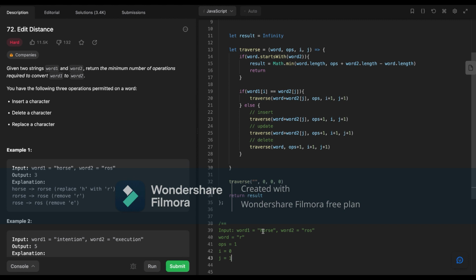H doesn't start with H, is not equal to R O, so we do nothing. We come back here, we insert, and increase the operations to insert O, J is incremented, and then again we come here and we insert, this time S. Ops is 3, J is 3, and then we come here and